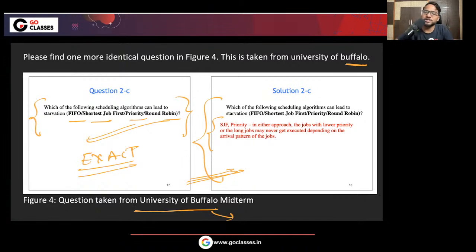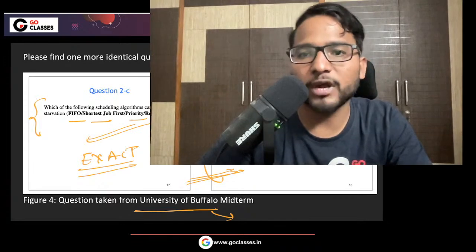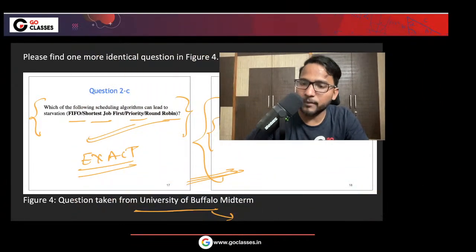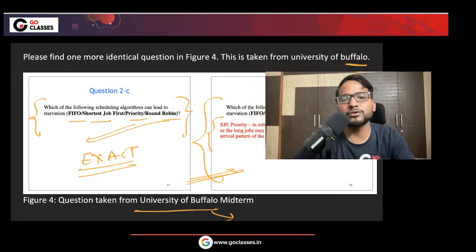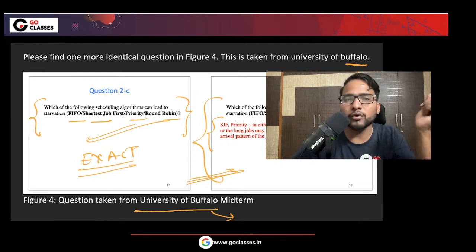Now we are going to challenge this question. Don't worry about it. I will share the draft with all of you by tonight, and then we are going to challenge this question. If you want, you can use the same draft. There is no issue. You can definitely use the same draft, and then you can also challenge this question.